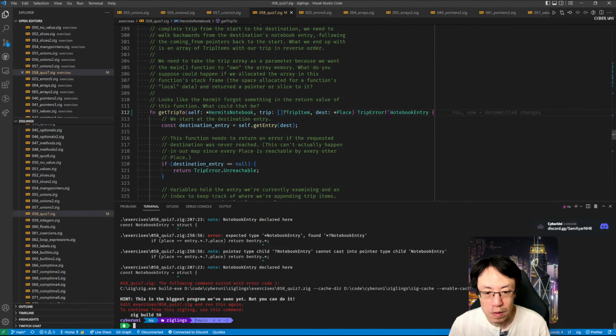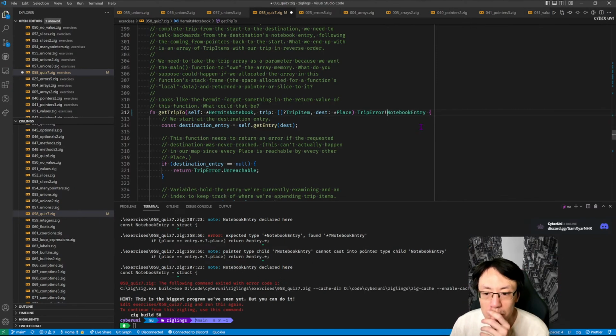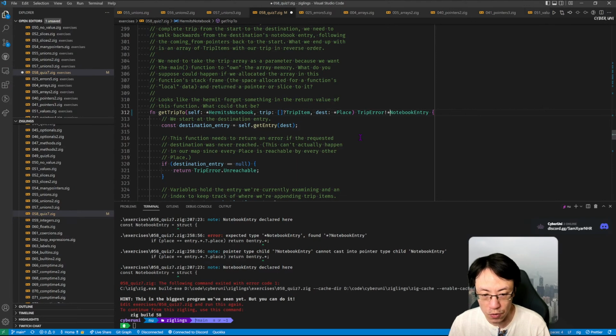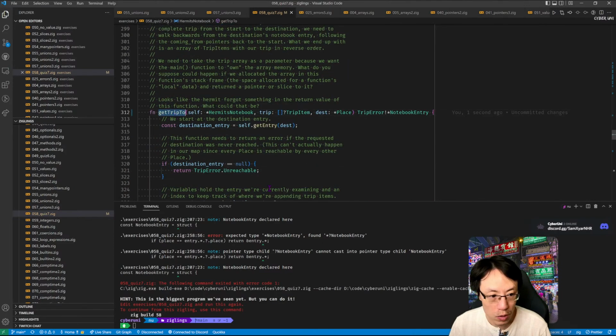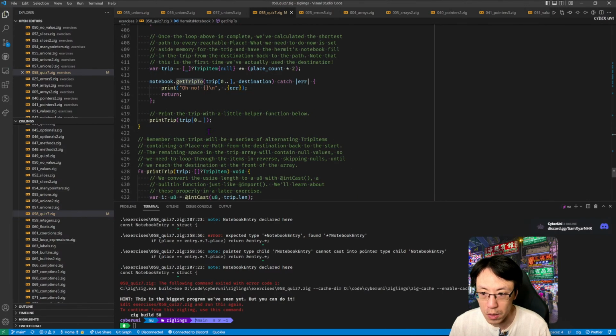So what we return is a pointer, that's for sure, but it is an optional pointer because it